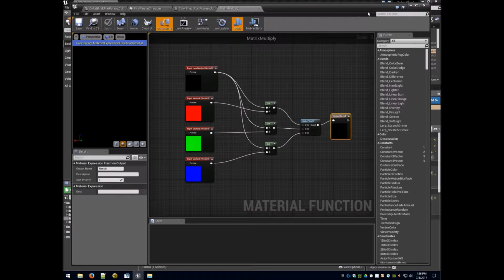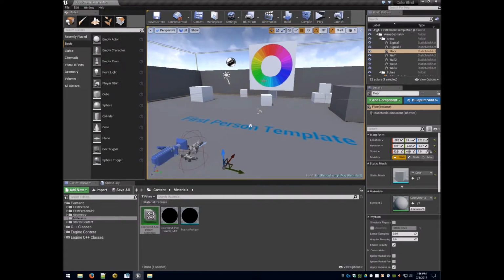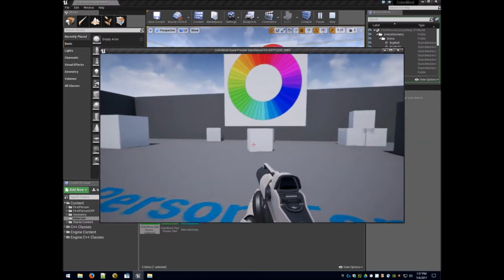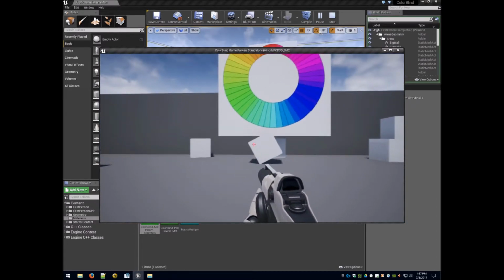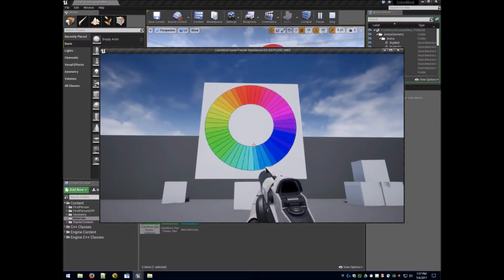So let's take a look at what that looks like in the world. For the first-person template that I have here, I've modified it and added a color wheel in the world so that we can see the effect of turning on various colorblind simulations. So let's take a look at that in game. Got the standard shooter mechanics. For the 4 modes, I've created a blueprint that allows me to easily switch between the modes. So let's go ahead and turn on